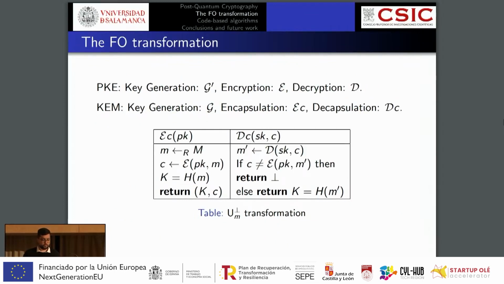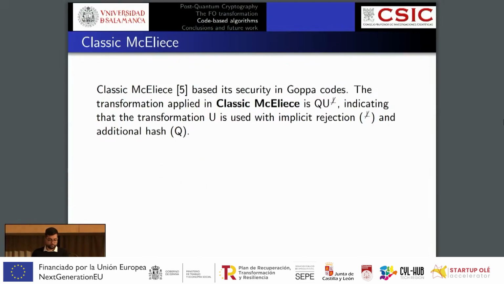This is the basic scheme of the encapsulation and the decapsulation of this U transformation. In this case, we use the notation with the bot symbol because, as you might appreciate, in the decapsulation, if there is an error, the algorithm returns the bot symbol. That means there has been an error. We might also return a pseudo-random value, in which case we say that the transformation is designed with implicit rejection. Also, the M denotes that the shared secret that is reached, denoted by the letter K, only depends on the message M, or a randomly chosen message M.